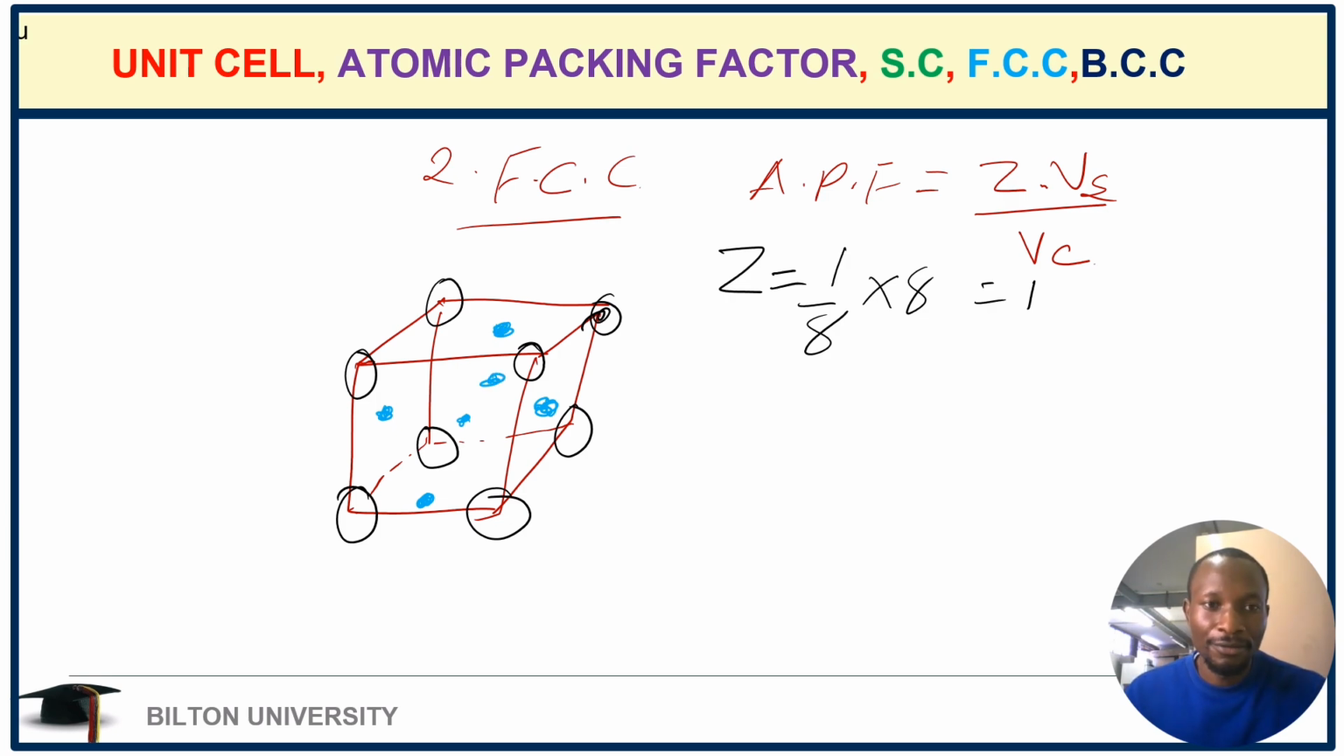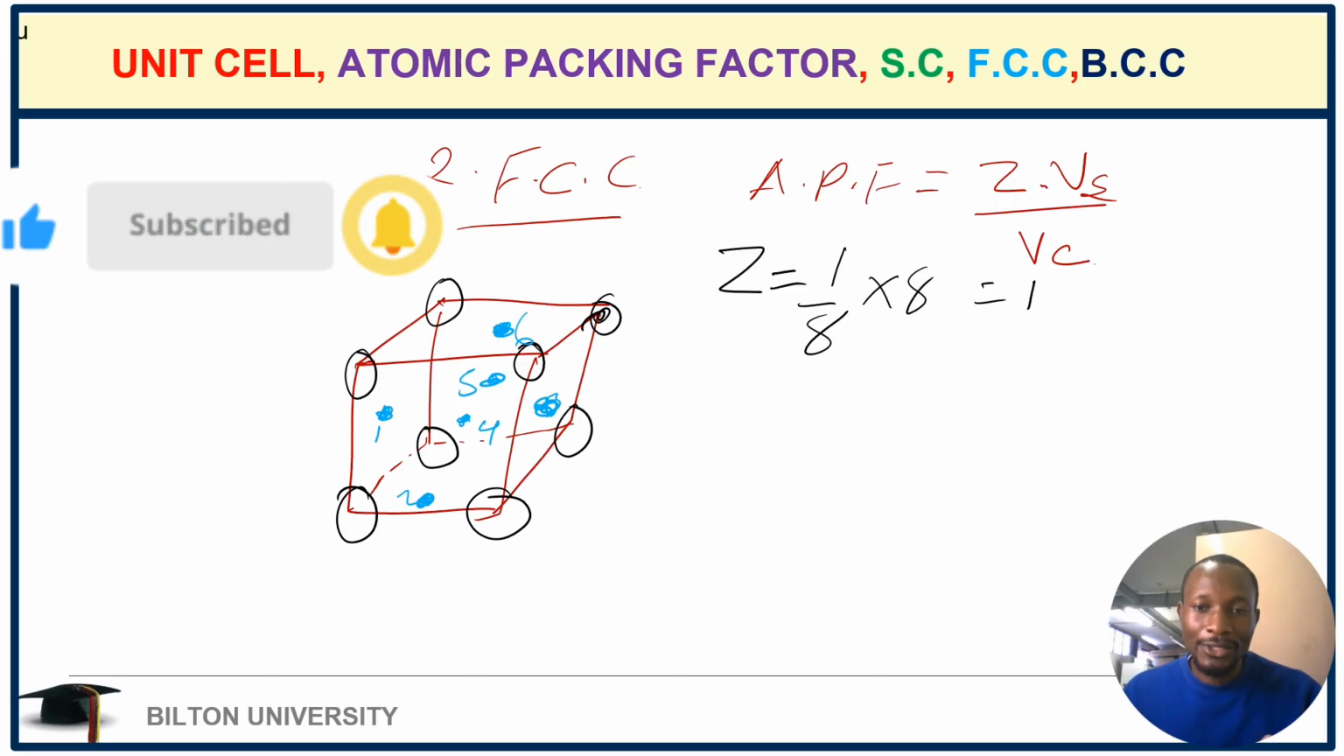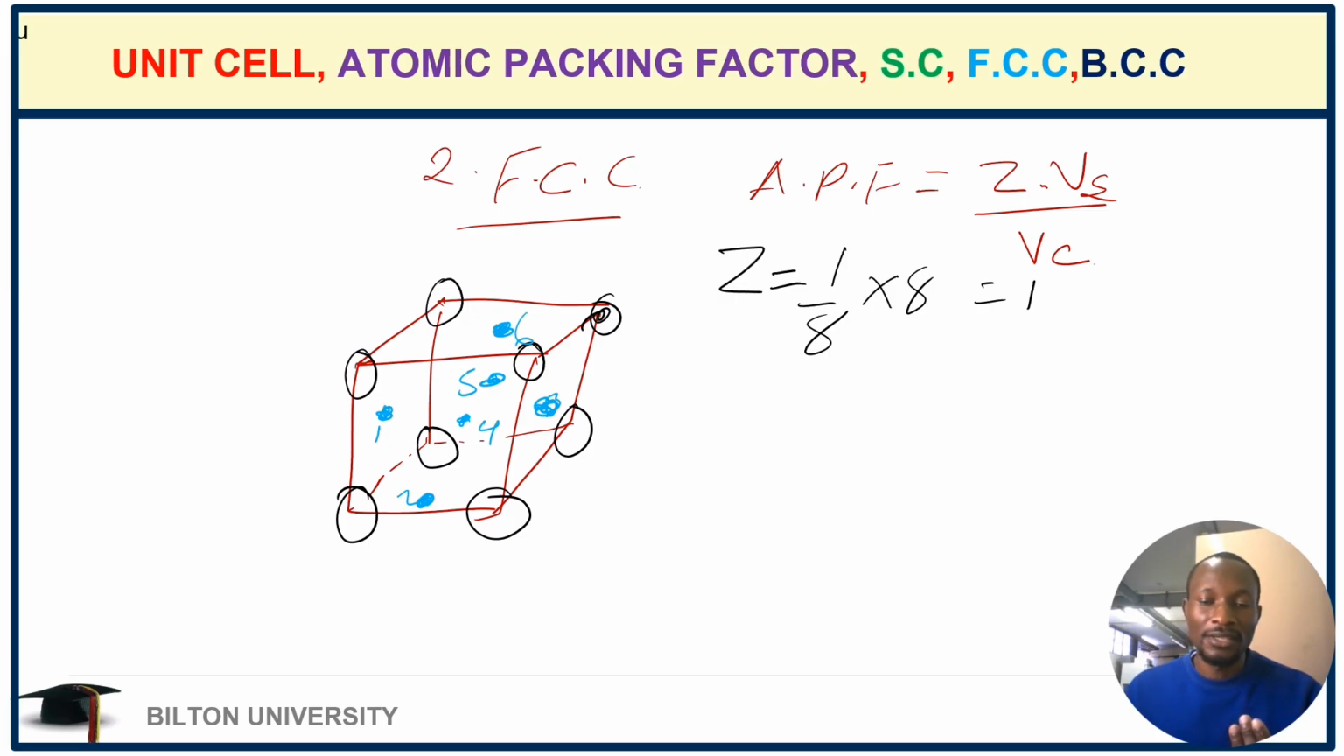So how many faces do we have here? 1, 2, 3, 4, 5, 6. So we have 6 atoms, 1 in each face. Now, 1 atom is being shared by 2 faces on the opposite side. So if I have one face facing me, on the other unit cell, that atom is also being shared with that face. So meaning that in F.C.C,